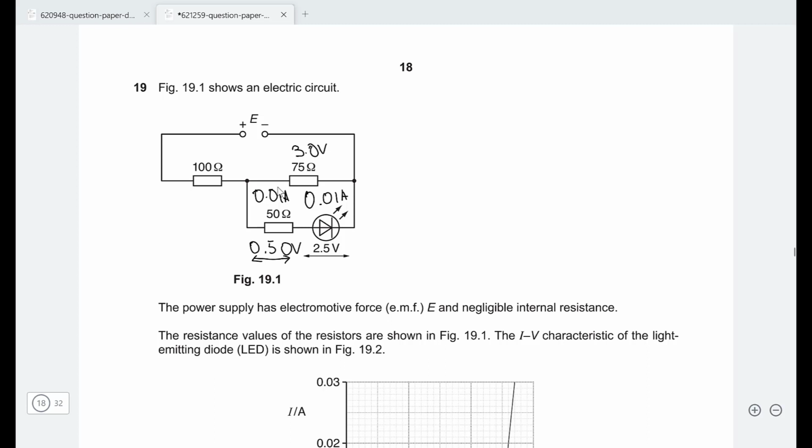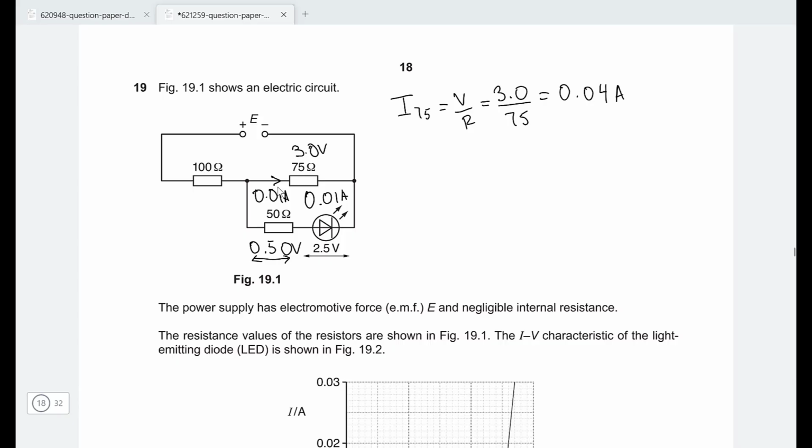Well, what current is going through there? So the current through the 75 ohm resistor will just be equal to the potential difference divided by the resistance. So that's going to be 3.0 divided by 75, and that's